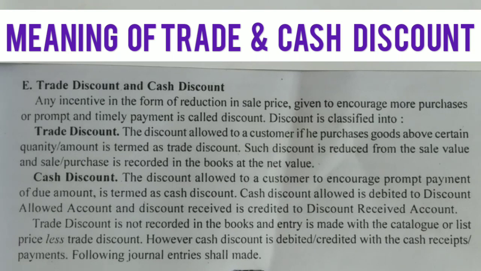It is reduction in the price of the product when the customer buys in a large quantity or his amount of purchase is very big. Second thing is cash discount. We all know many times sellers make credit sale of goods. Now we know in credit sale of goods, money is received at a later date, after 15 days or 1 month or after 3 months. Now, if you want to encourage customers to make early payment, then you can also give one more discount, that is cash discount. In that you can encourage customers to make early payment.